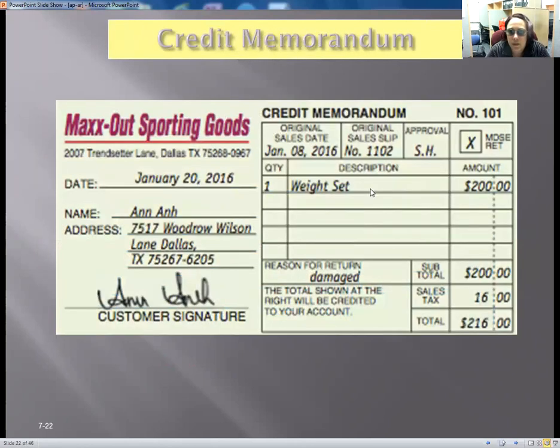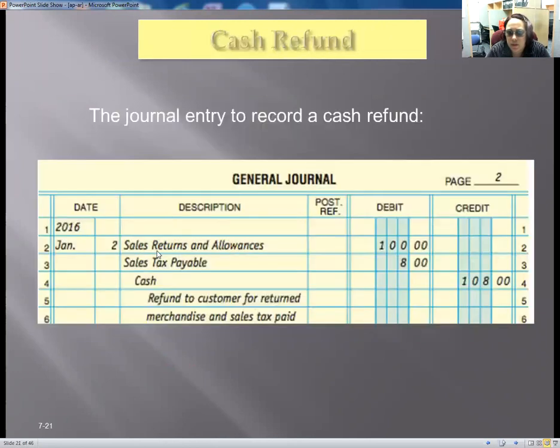All right, this account that we just had offsets. The sales returns and allowances will offset your sales, so it decreases your sales, but they want you to show it as an account. What will happen is you'll have sales, and then underneath it, you'll have sales returns and allowances. This is what they call a contra account, and it offsets the original account, which is your sales income account.